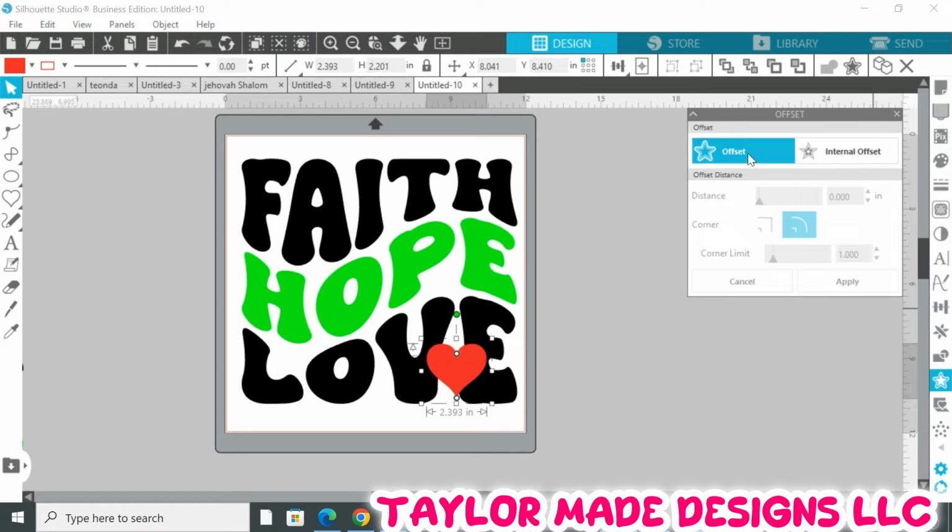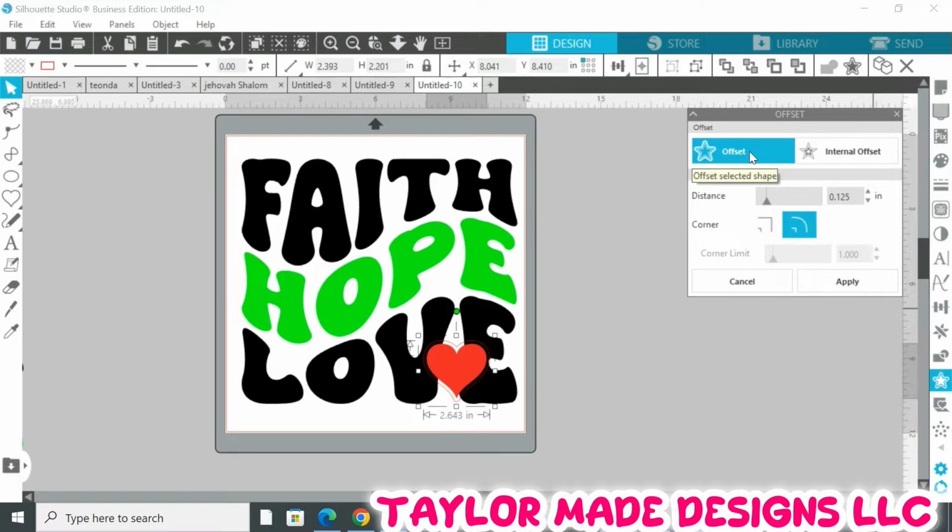So I'm gonna go here where it says offset, and the offset distance that I want is gonna be 0.125. Now you need to understand that an SS10 stone is about 0.130 in size. So I usually go a little bit lower than that, so I usually make it 1.25 because I like when my rhinestones are nice and